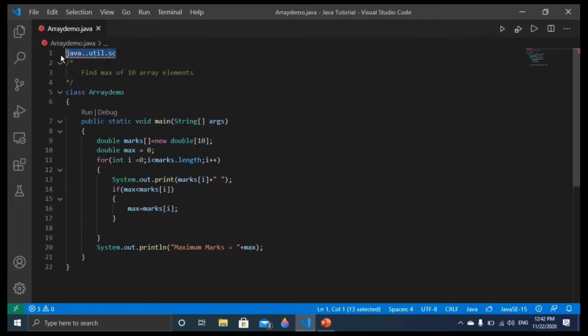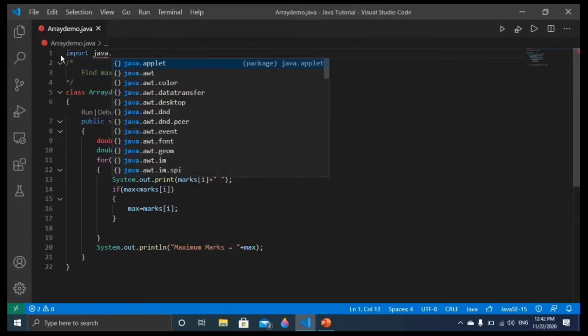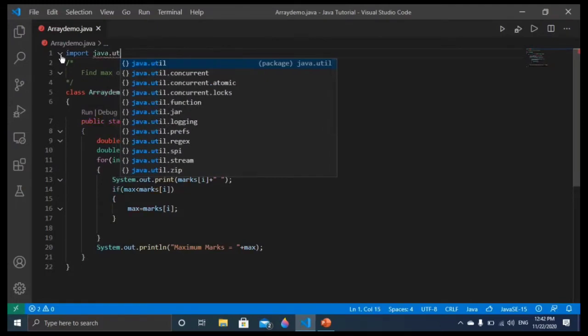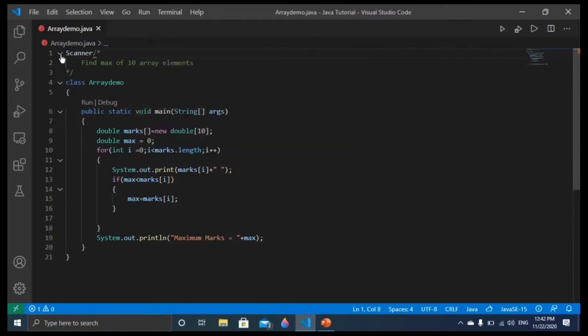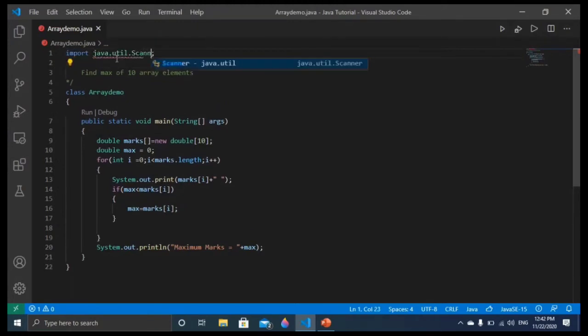First we have to write import, then space, java.util, you can see here, and then Scanner. Okay.